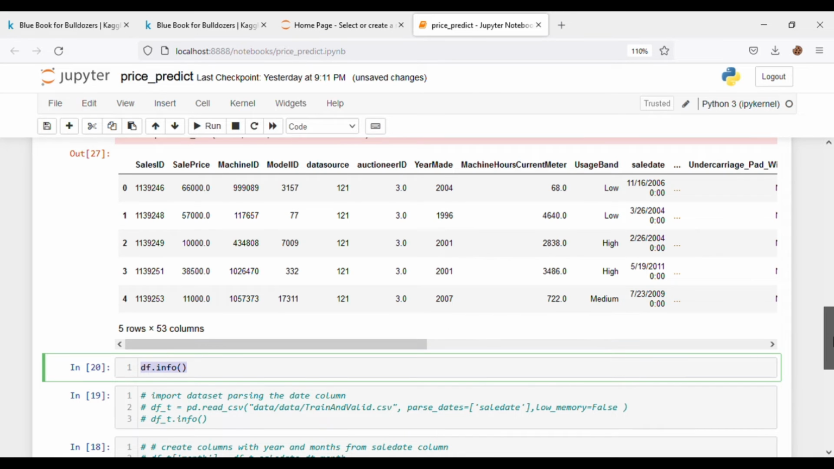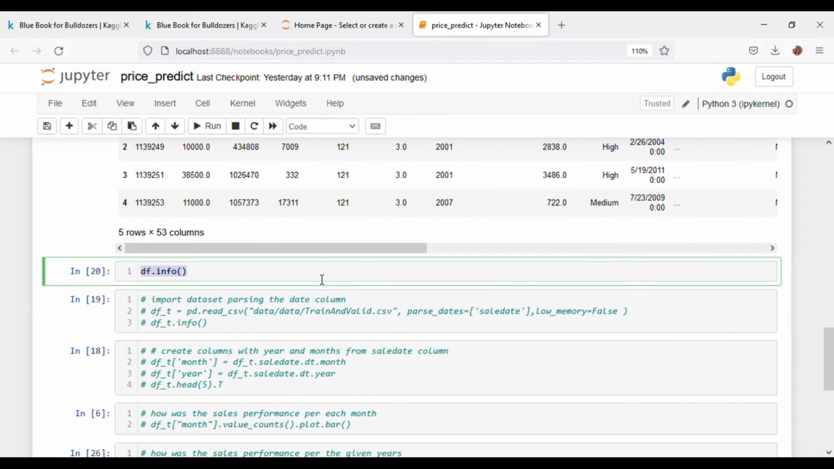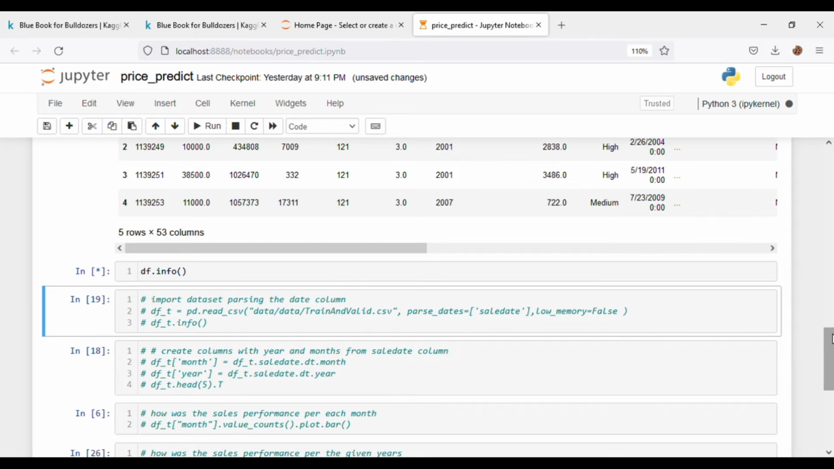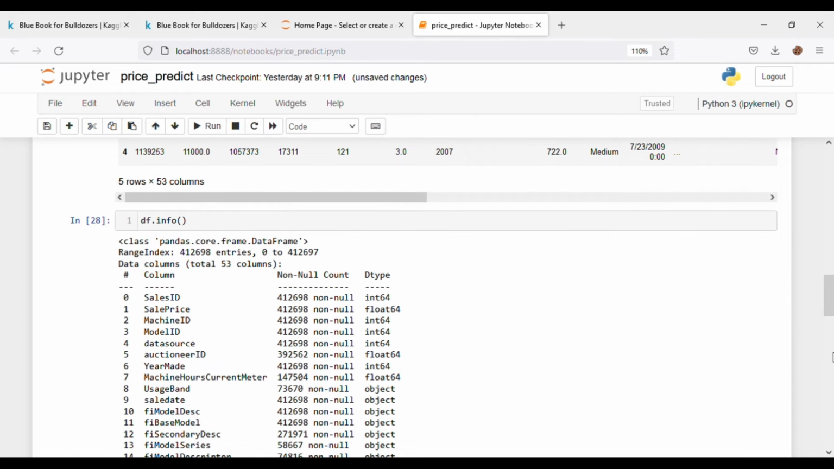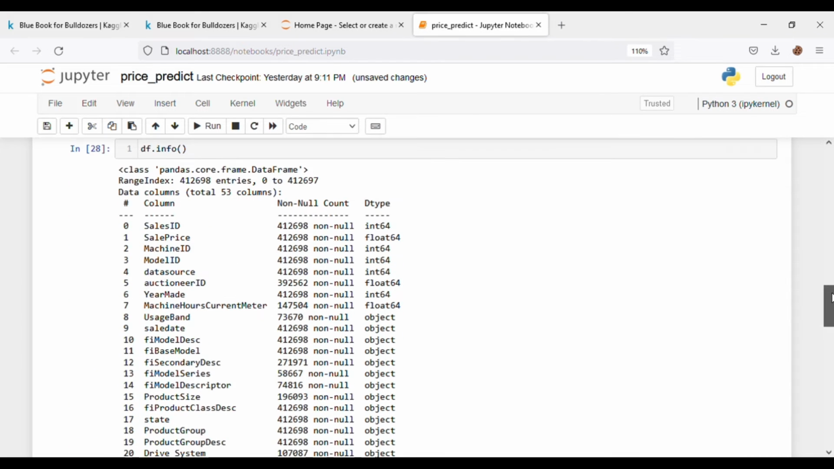So info is going to help us display a summary of our data set: the columns, how many columns it has, the data types of every column, all that. Let's run it and see. It will make more sense when you see it. All right, my machine is kind of slow. All right, so you can see the